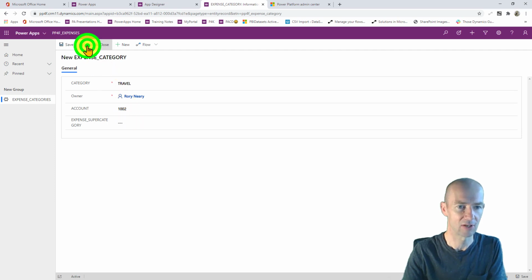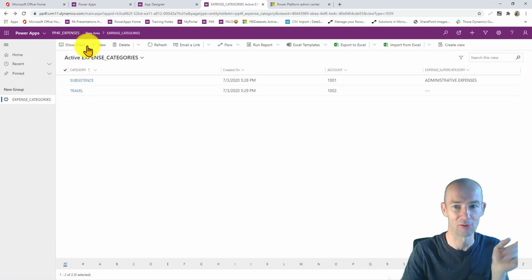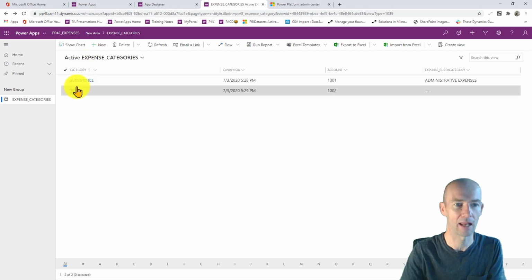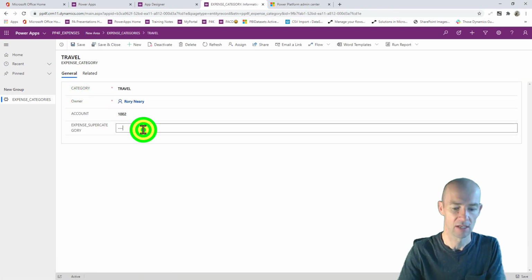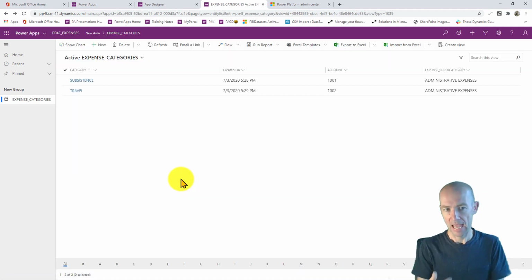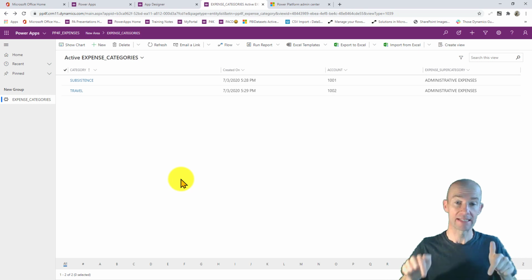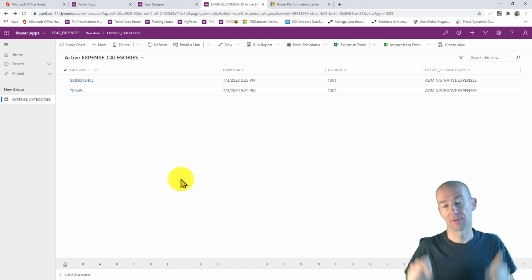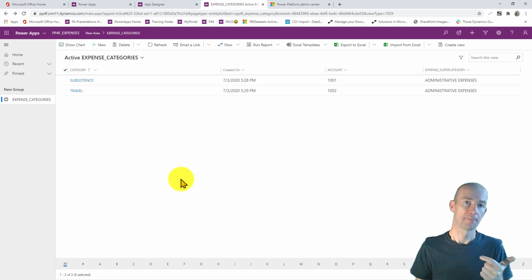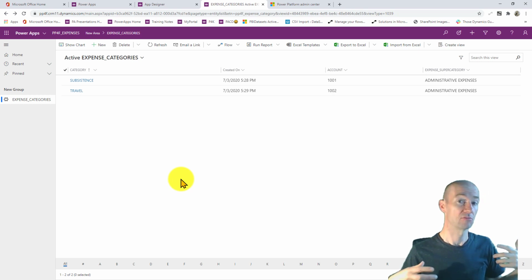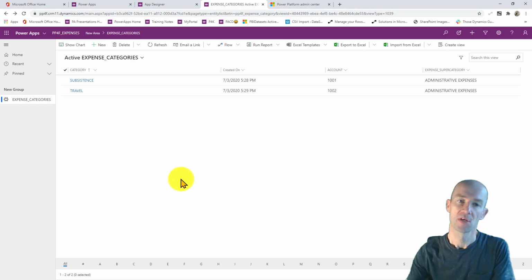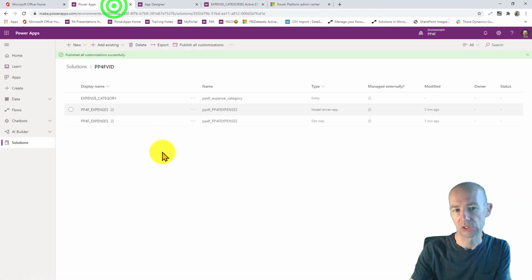I'm just going to click save and close on this, and I'm actually going to look at the view. It's called administrative expenses. Now, as I say, you could actually have another linked entity that would mean that you would just be picking from this. So we have created a model-driven app at this point in time, but the objective was to actually do an expenses app. So what we're going to do is go back to